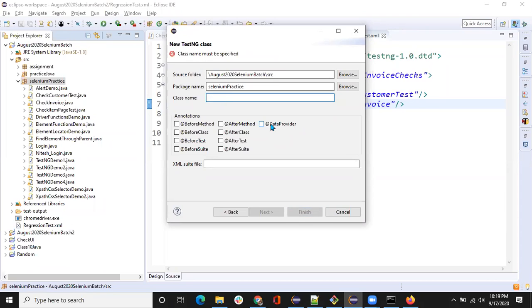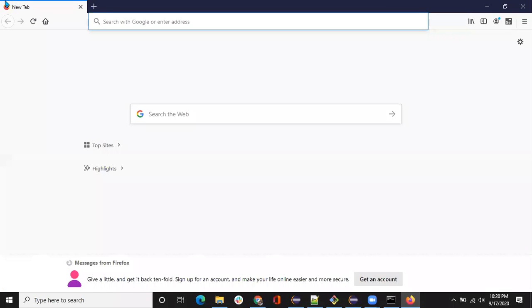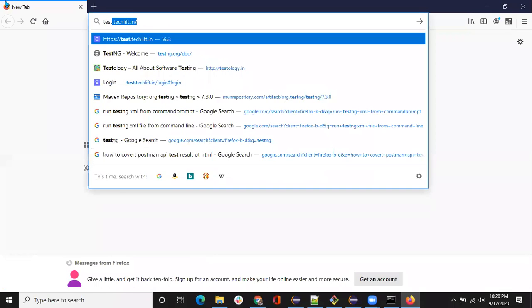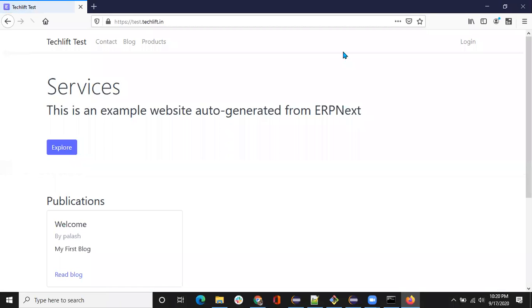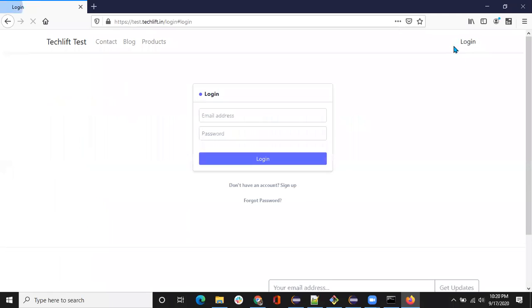Let me take a real project example. Let's say we want to check clicking on the login, doing the login,